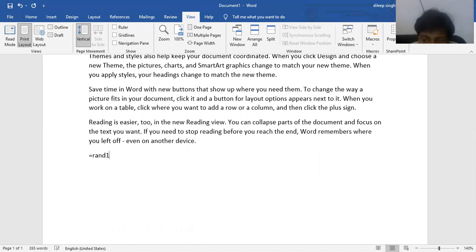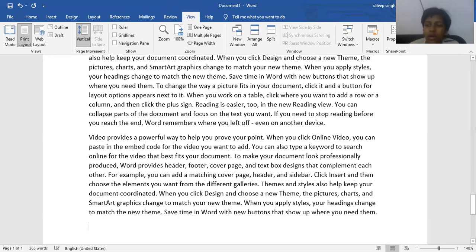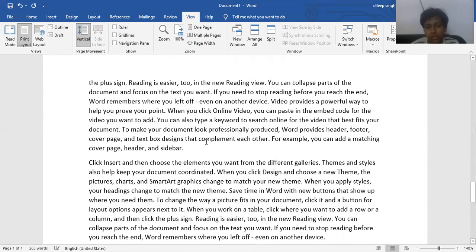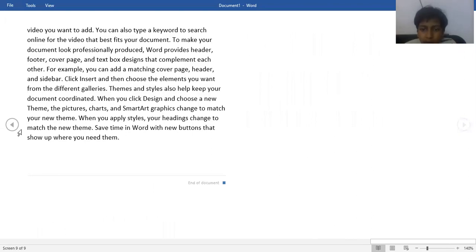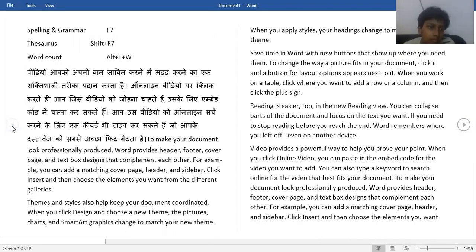For example, here we use 10, 10 and enter. Just click on reading view. You will get a preview like a book. When you click here, it will change the pages, and when you click here, it will move to the previous pages like this. Okay, understood?